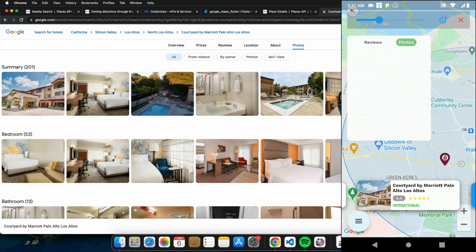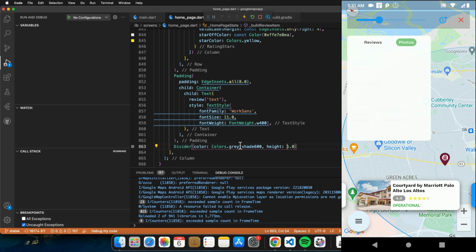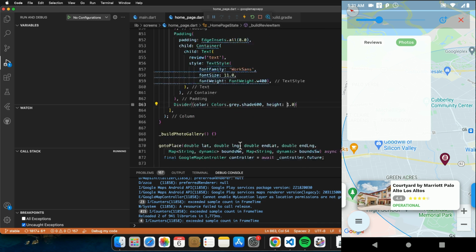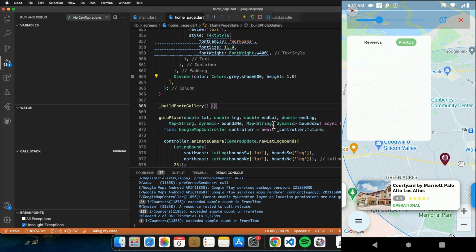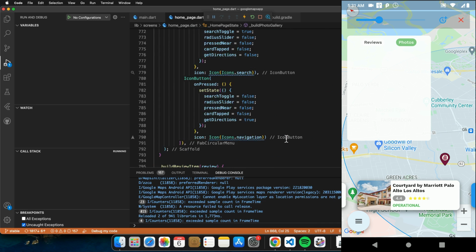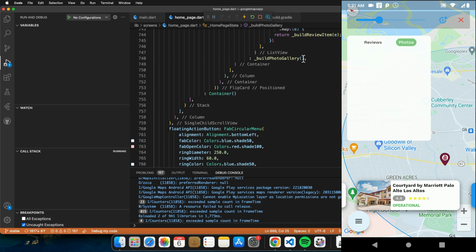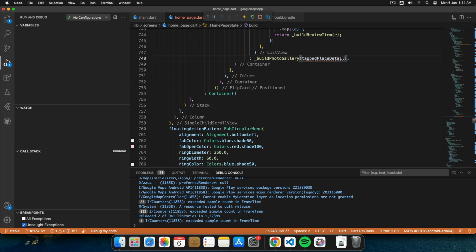Wow. Photos look really good. Let's see what our API call pulls for all these photos. Get back to the app. Now that we have done this, we will build the photo gallery. For the photo gallery, once again we need to send the tapped place's photos